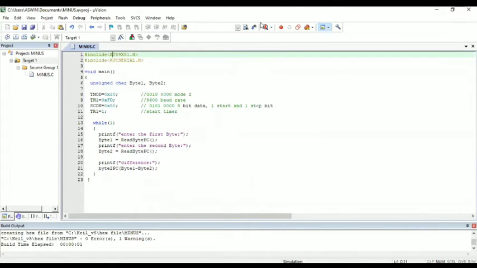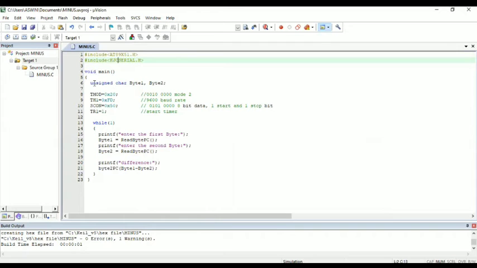Now coming to the program, it has two header files. The first is 89C51 dot h, which indicates that we are using the Atmel 89C51 microcontroller, and the second header file is the kjc serial.h. This is a custom-made header file which helps to get or print data using the PC keyboard on the Proteus simulator screen.